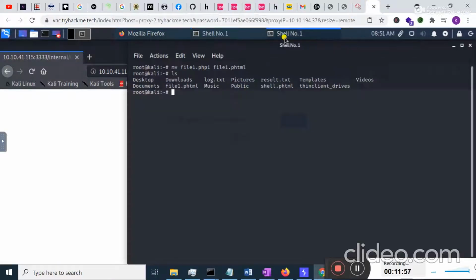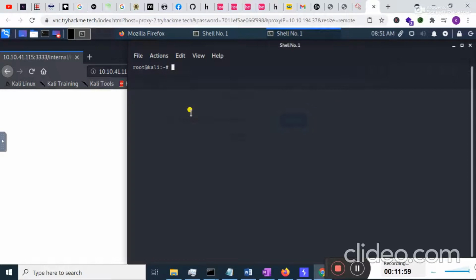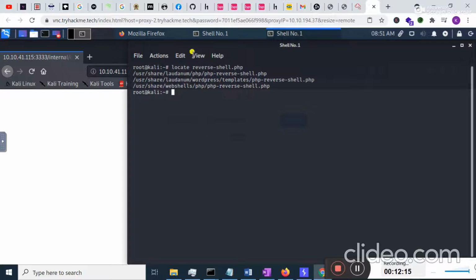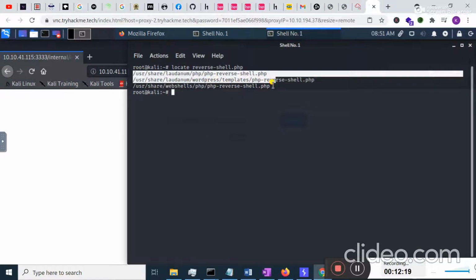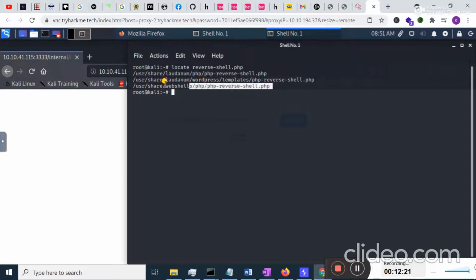Okay, I will move to the terminal. If I type here locate reverse shell.php, you can see reverse shells are present here. I'm going to use this one.